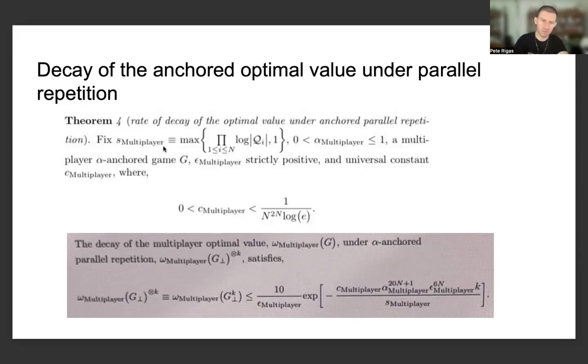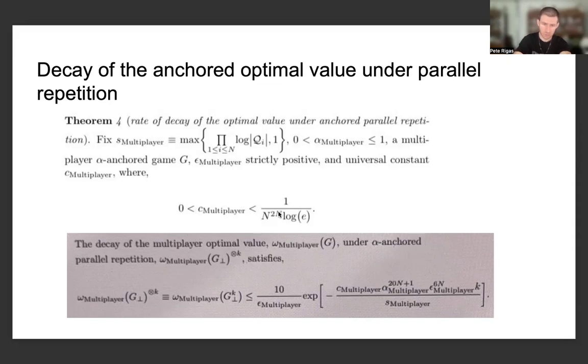So we're fixing some S multiplayer parameter, which is given by the maximum of 1 with the logarithm of the product of the cardinalities of the questions distributed to each one of the players, taking the multiplayer anchoring probability to be between 0 and 1, potentially equaling 1, for this multiplayer alpha anchored game big G, as well as two strictly positive parameters, epsilon multiplayer and C multiplayer, where the C multiplayer parameter is between 0 and 1